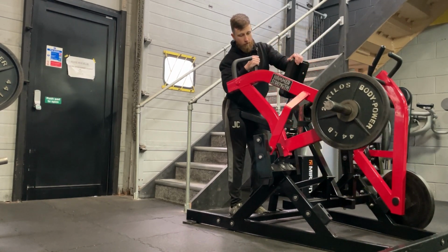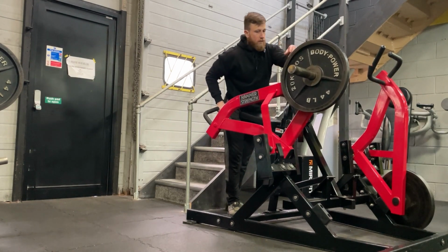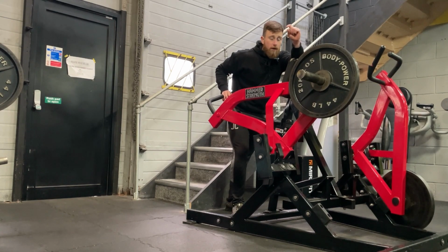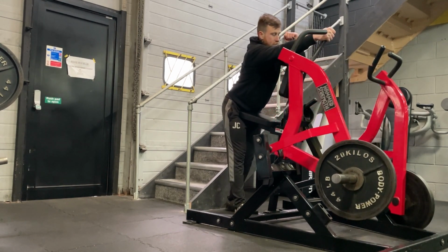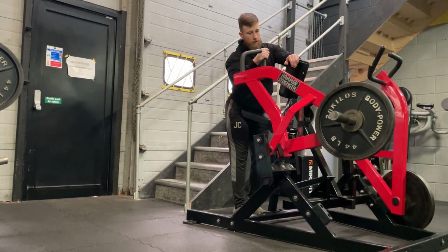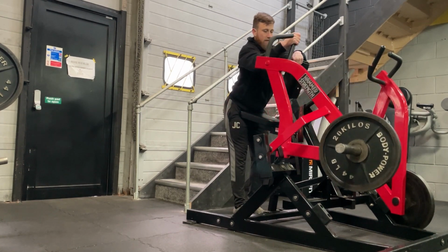I'm going to pull the elbow back, retract the shoulder blade, but then basically when the weight comes over this axis of rotation here, it's getting lighter. So when the lat is getting short and weaker, this load is getting lighter. So what it means is we can progressively overload from the start in this fully stretched phase here. So from here, we're just getting weaker and weaker and weaker, but the load is getting a little bit lighter, so we can get that full range of motion and get the full effect of the weight,